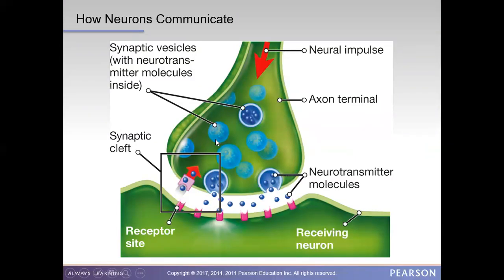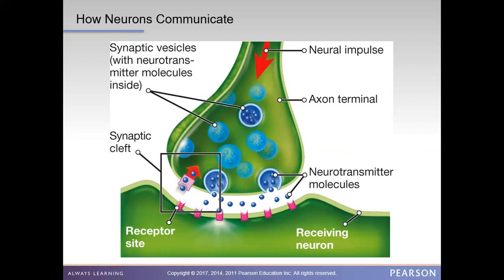As these vesicles come down to the end of these neuronal molecules, they open up. And then these chemicals called neurotransmitters jump this synaptic cleft. Now, here's the key thing from all this. I know this looks complicated, but here's the key thing I want you to take down.